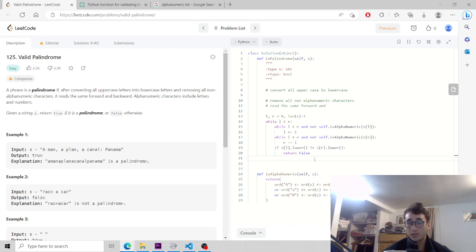Otherwise, what we're going to do is add 1 to the existing value of L, and add 1 to the existing value of R. And if everything shakes out, then we can return true for the entire function. So when we watch the video solution,